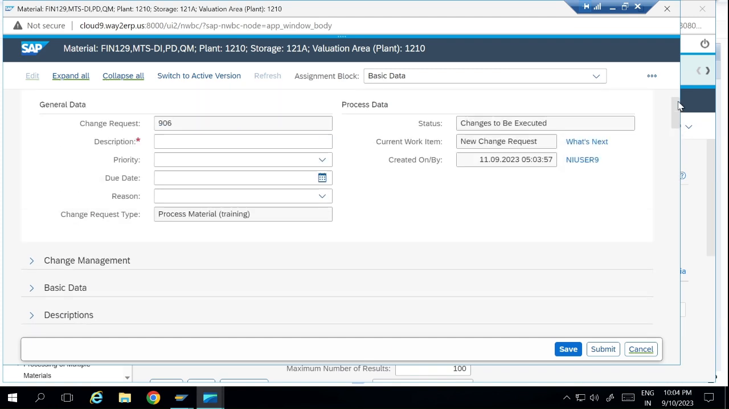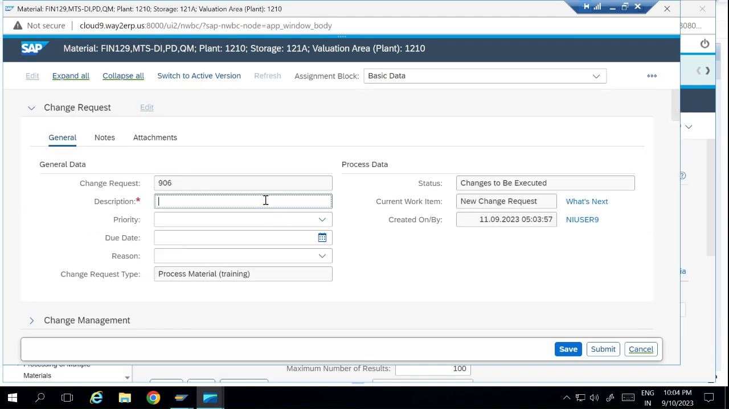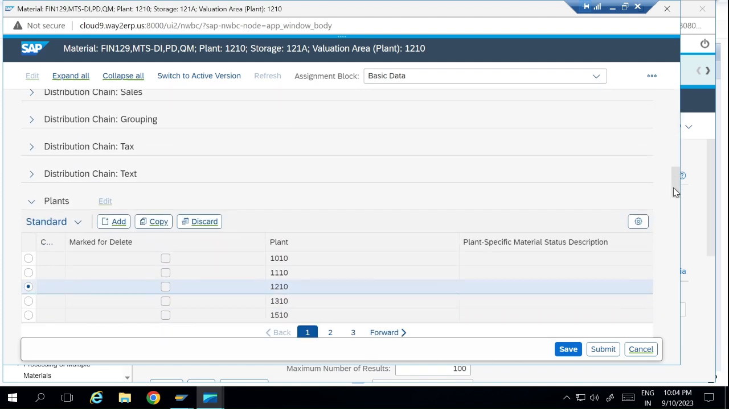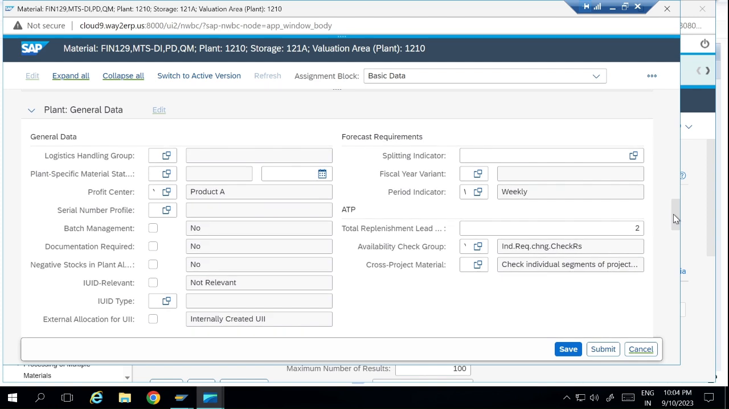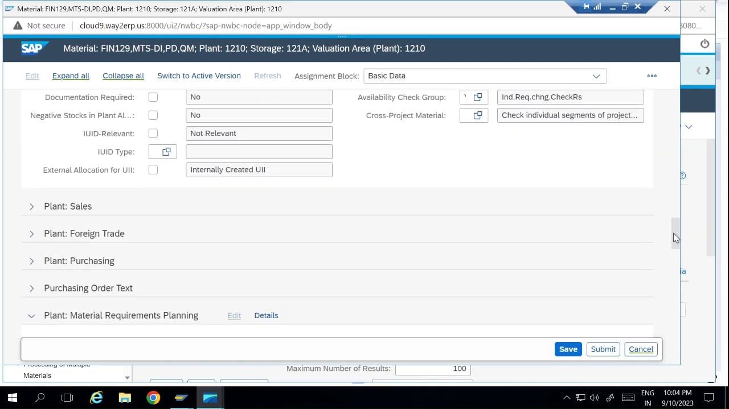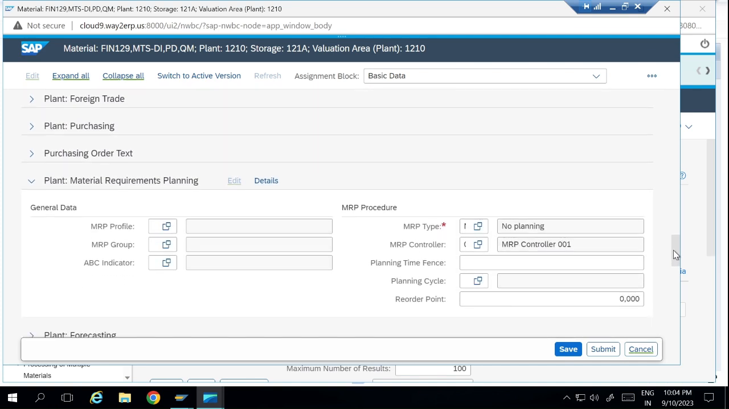So the first thing, we can use this and scroll down, and now here we see the general data. So the MRP type, as we saw in the ERP system, this is no planning. The material group is empty,